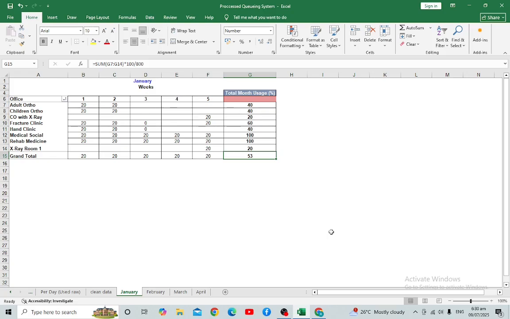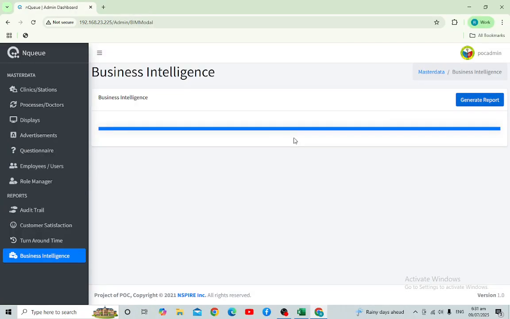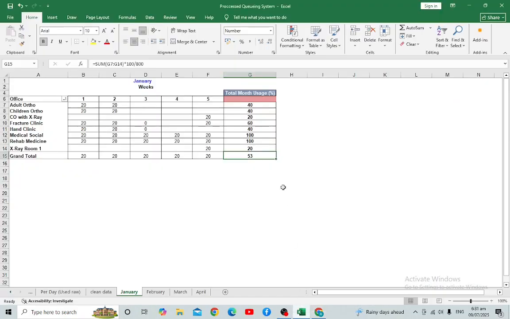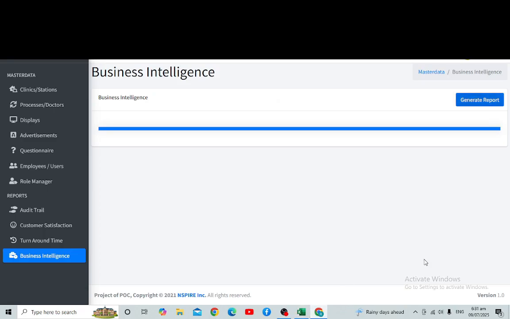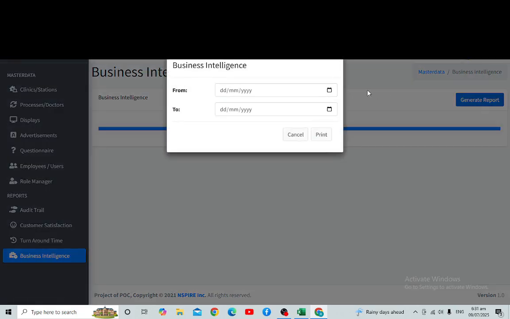It starts with collecting the data in our queuing system. We have business intelligence here with a generate report feature, which gives me a dialog box for selecting the inclusive date. So let's say I select January 1 and I select today.